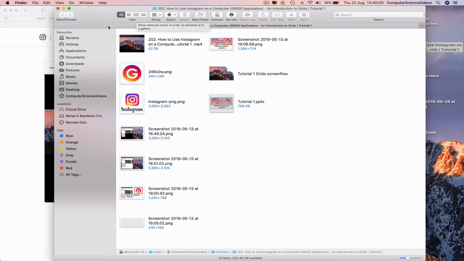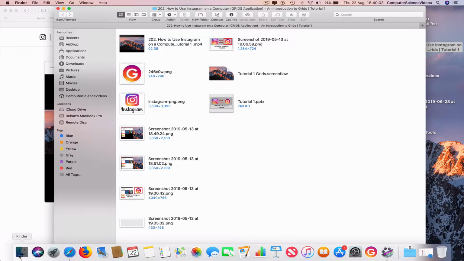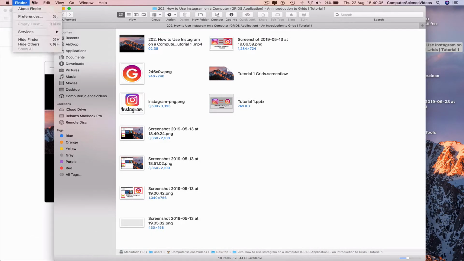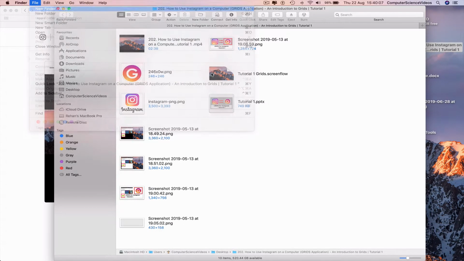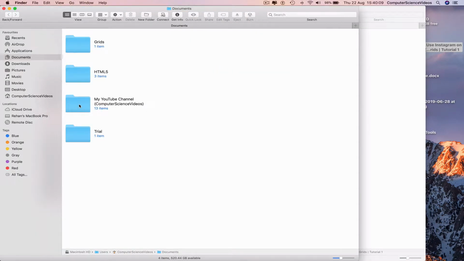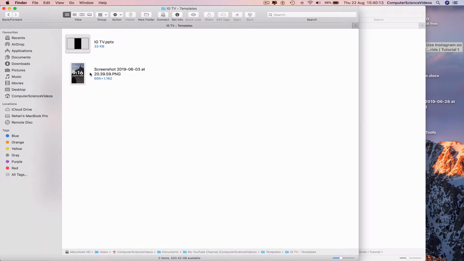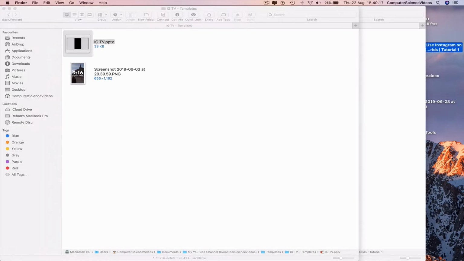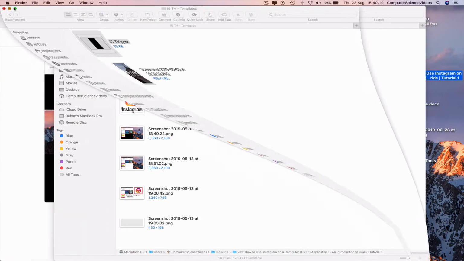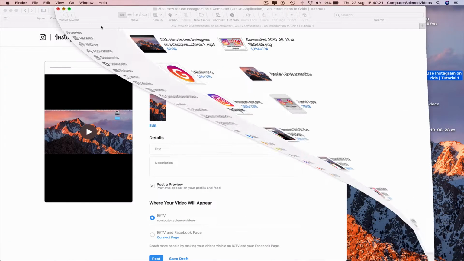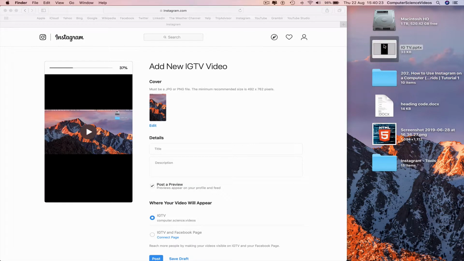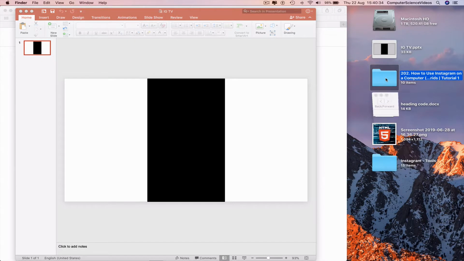So go to the dock, go to Finder, another Finder, go to Templates, IGTV Templates, Command C to copy, Command V to paste on the desktop, minimize Finder for the moment. Click this presentation, go back to the folder,